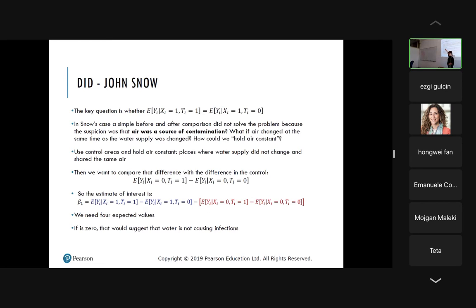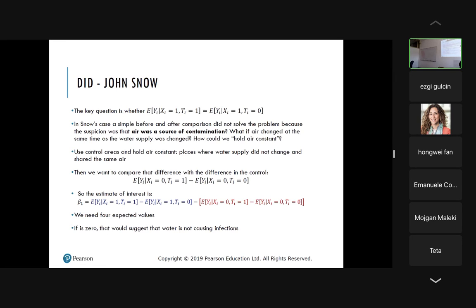We need a control group, and these are all those areas where this treatment has not been implemented, so there was not this change in the water source, and of course there was the same air. So this comparison to all the areas where there was no change in the water source, but there was also the same air,